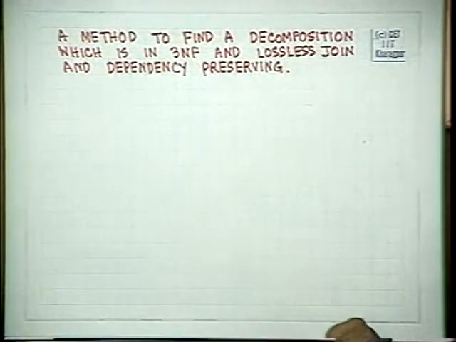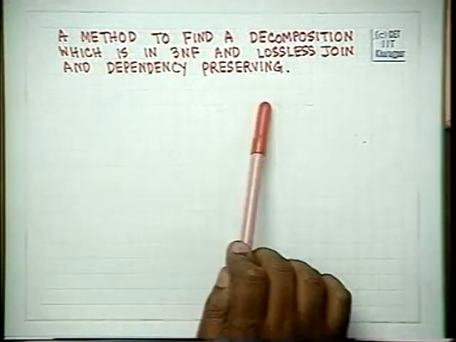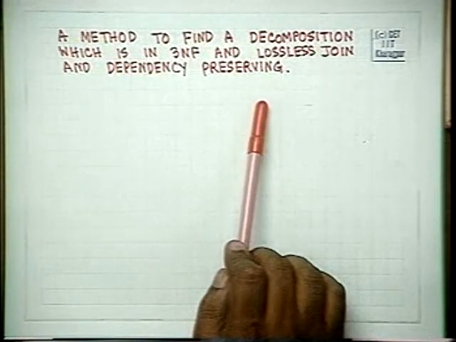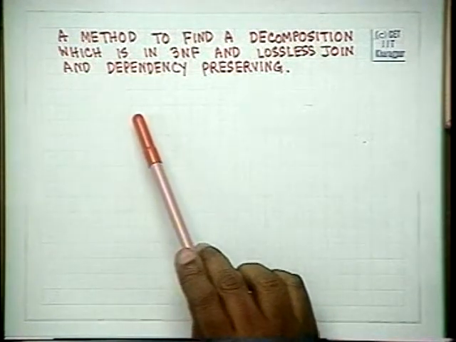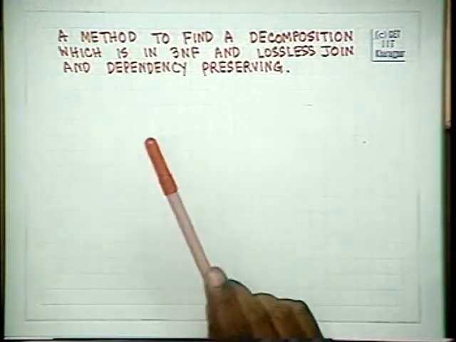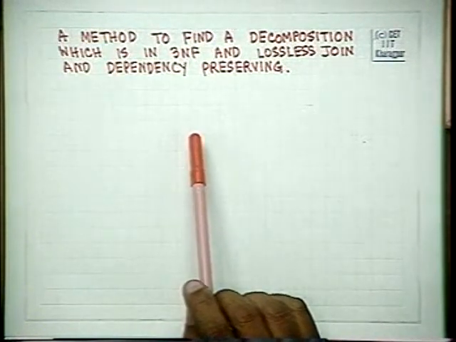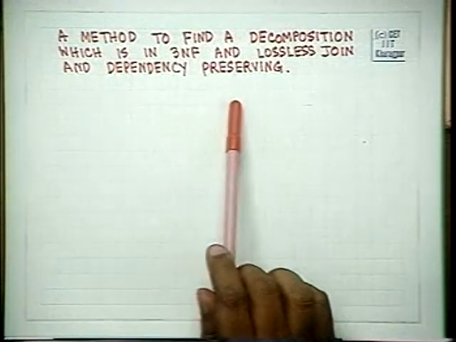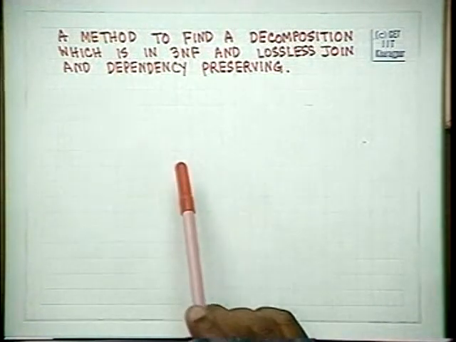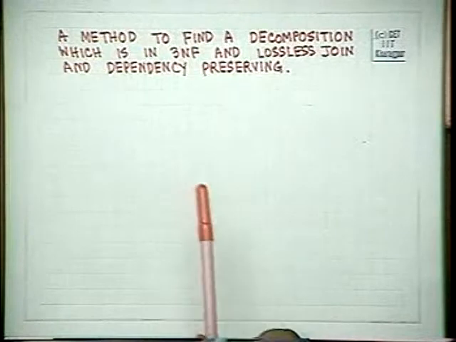Now we will look at an algorithm in which we want dependency preservation. We want a guaranteed dependency preservation. That is, after doing the BCNF algorithm, if we find that we cannot have a dependency preserving decomposition, and we investigate deeply to see that no BCNF decomposition can give dependency preservation, and if dependency preservation is our prime criterion, then we have to look for another decomposition where we will have to sacrifice the condition of BCNF, but we will see that we can achieve at least 3NF form.